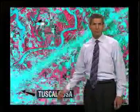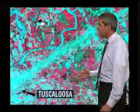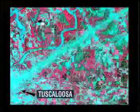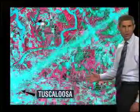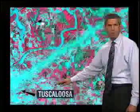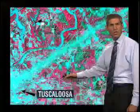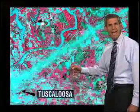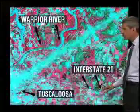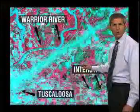Now here's an example taken a few days after the late April tornado outbreak. You're looking at a 12 by 16 mile area of northern Alabama, so about 200 square miles, with the eastern side of Tuscaloosa visible there on the bottom left. Now in this false color image, pink is vegetation, while aqua represents its absence. The skinny aqua line across the bottom is Interstate 20, while the somewhat wider, winding zone of aqua to the